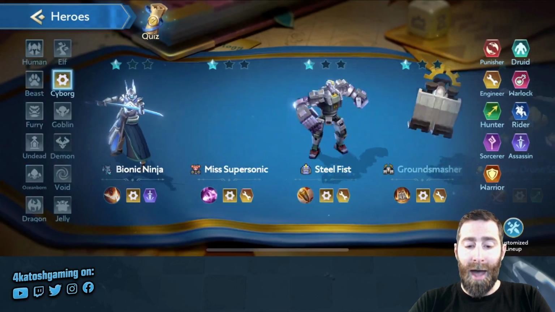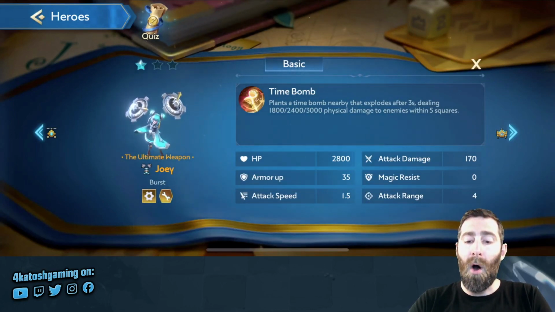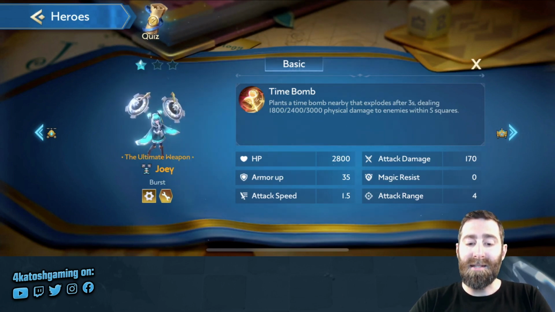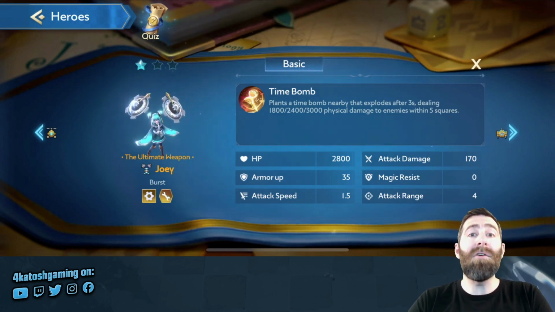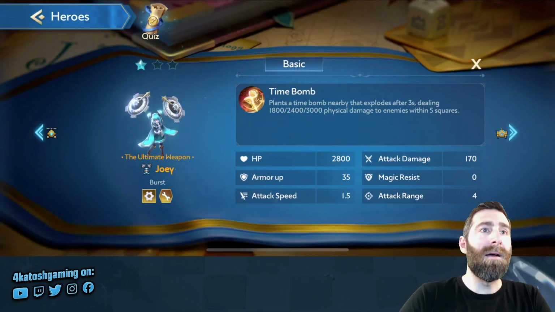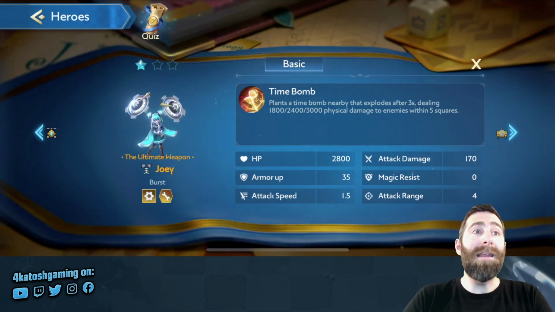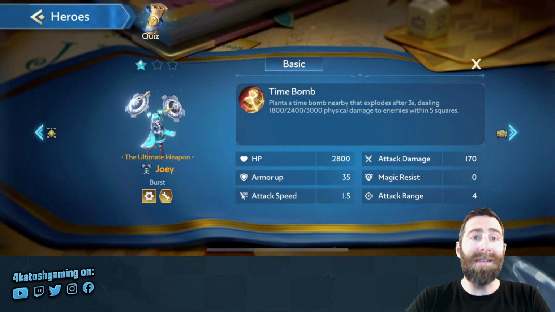Now let's jump in and look at Joey, as she's had her ability reworked. Currently, she just plants a bomb that explodes after 3 seconds, dealing significant physical damage. The issue with that is people can move away after 3 seconds and sometimes her bomb does no damage. So what her new ability will actually do is she will stun a random enemy. 3 seconds later, then the stun or the chains or whatever it is that's holding that enemy down will explode and cause the enemy and 3 grids surrounding to take magic damage, 1200, 1800 and 2400 depending on the star